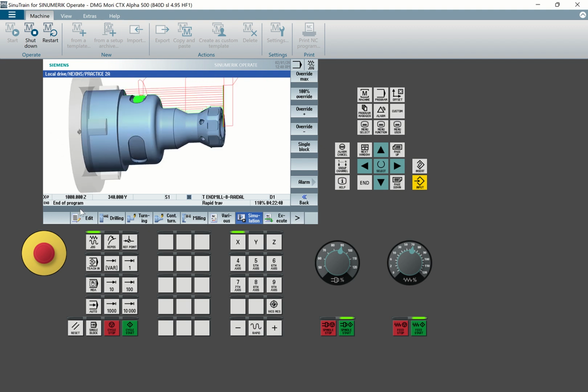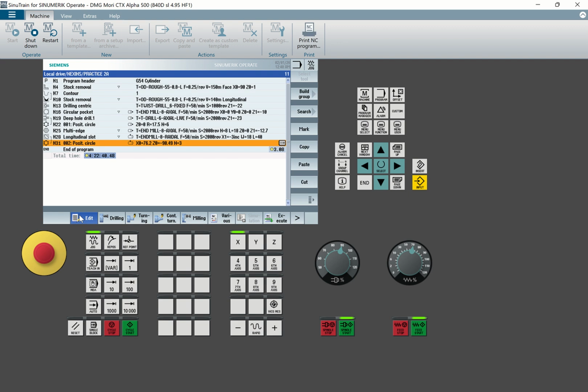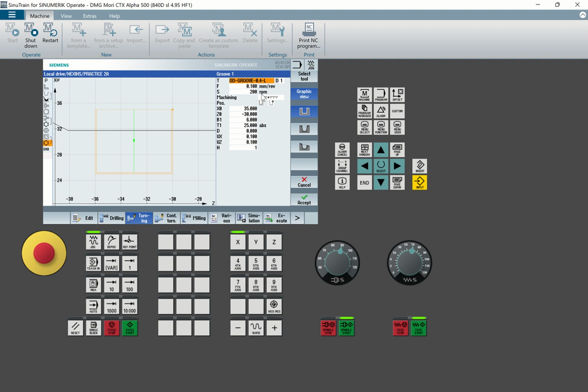I want to put a groove here, a groove at the center. So in this program, let me check the dimensions. We have 25.4 minus 38.1, we get like 12.7. So come here to turning. I want to add a groove, OD groove 200. Then here the diameter is 31.75, where we are adding Z is going to, let's say, that is